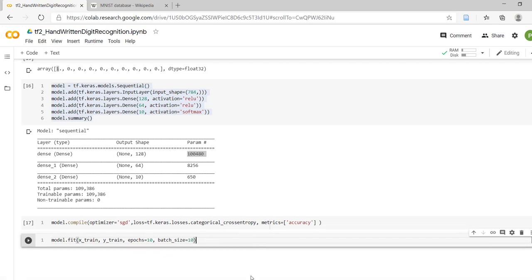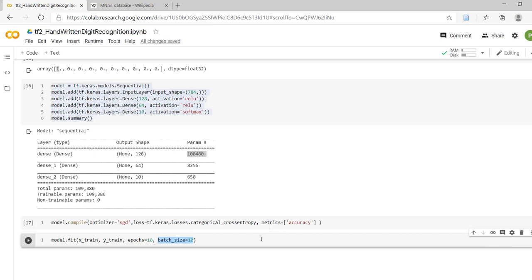Now it's time to train our model on the X train and Y train. It is simple: model.fit. We have to pass X train, that is the instances on which our neural network will be trained, and Y train, that is the actual output. It is important to calculate categorical cross entropy. Epochs equal to 10 means the total 60,000 images will be taken 10 times for training our neural network. We have used batch size equal to 10. What is meant by batch size? Small parts which will have size equal to 10.